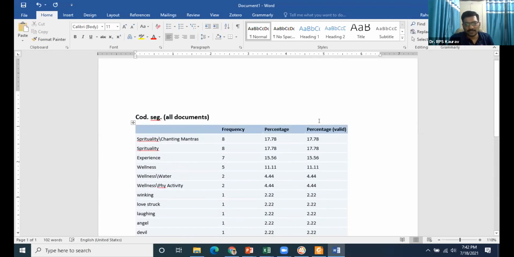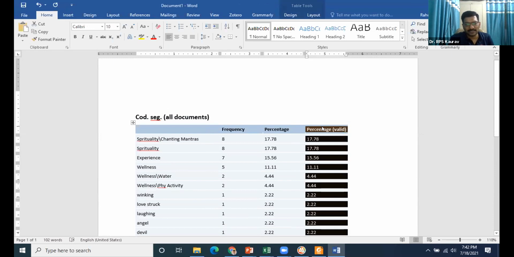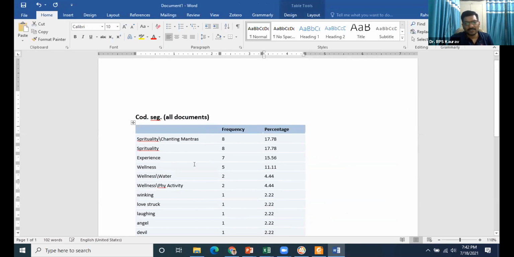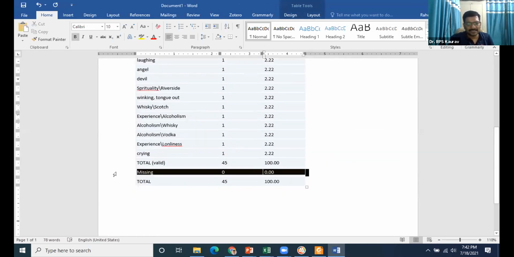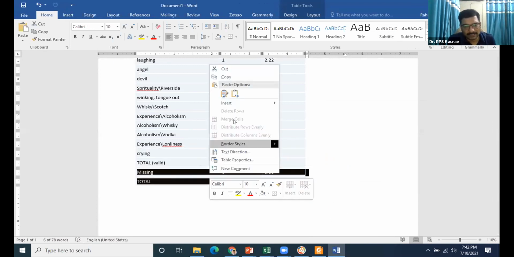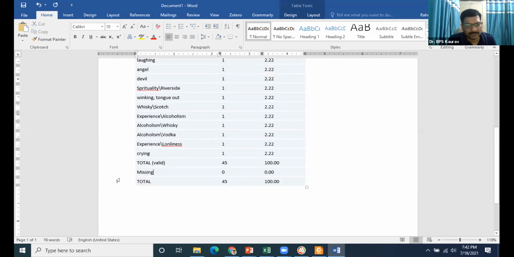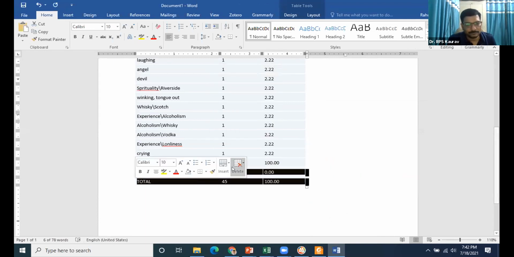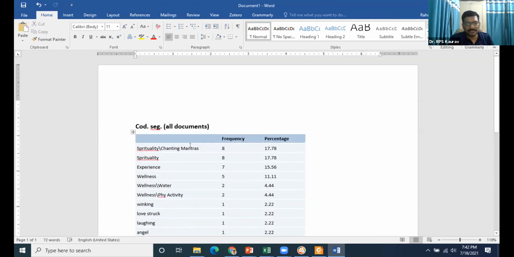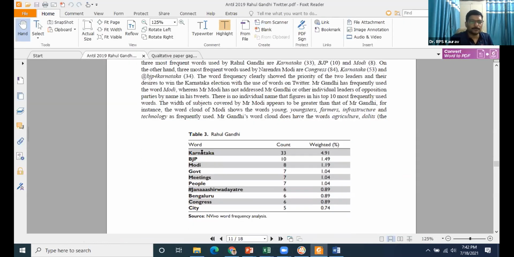Yes, then you can remove this. Percentage valid is not useful for me. Delete this column. Missing, there is no value which is missing, and total is also not needed here. Right click and delete that. So now you can see the complete table as in the paper of Gagandeep Sharma ji,